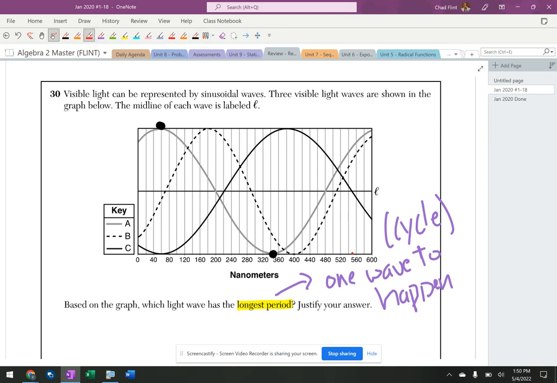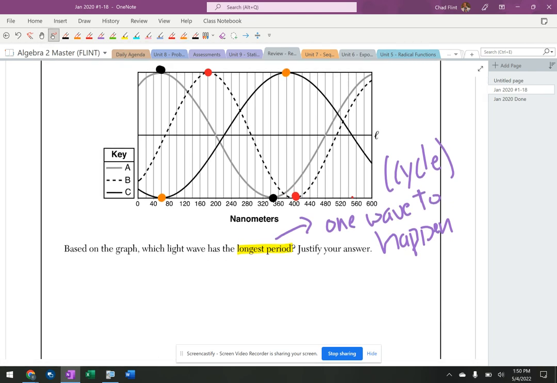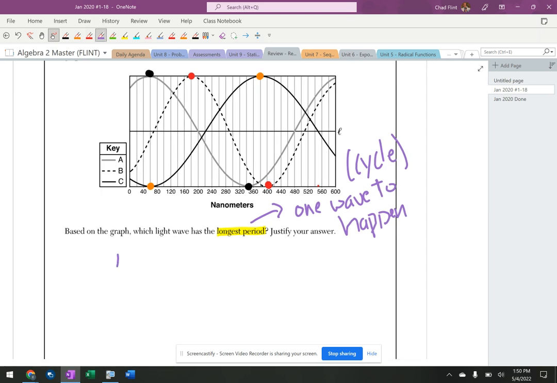All right, so there's a top and a bottom right there, and then there is a bottom and a top right there. And basically, whichever one has the farthest distance is going to have the longest period. All right, so what I'm going to do is I'm going to write half period,